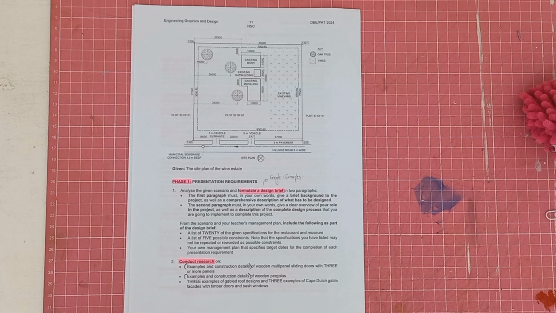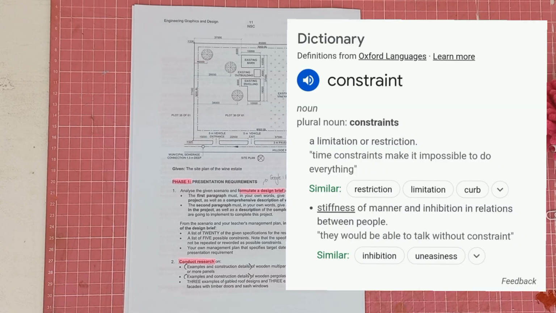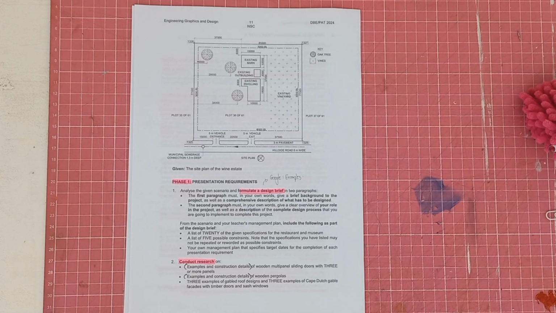Okay, then it says include the following as part of the design brief. So in addition to the paragraphs you have got, you're going to have to give a list of 20 of the given specifications and a list of 5 possible constraints. Okay. So constraints are something that hinders or will hinder your design process or makes the design process a little bit difficult. Maybe it makes it difficult for you to design in a certain way. I will put up the definition on the screen for you guys just in case you need to know that,